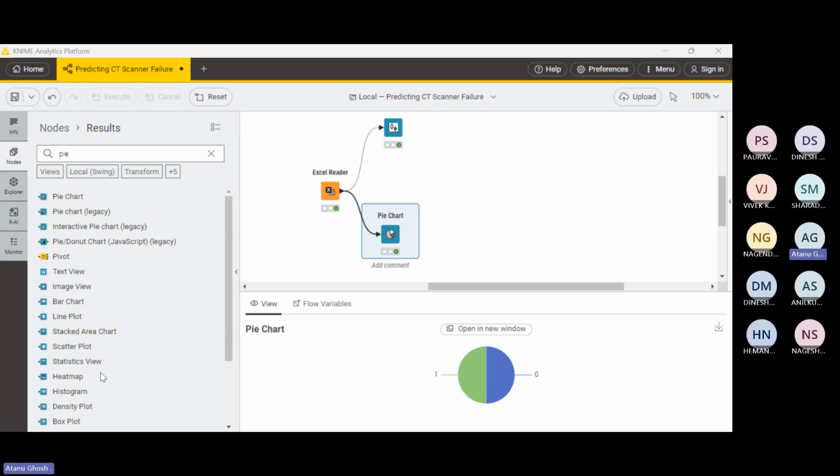What is the next solution? Randomly removing non-failure cases. Very good. So I will collect 4,000 non-failure cases, but I'll make a sample of 1,000 non-failure cases from those 4,000.